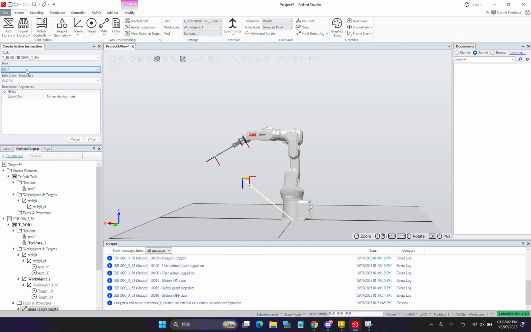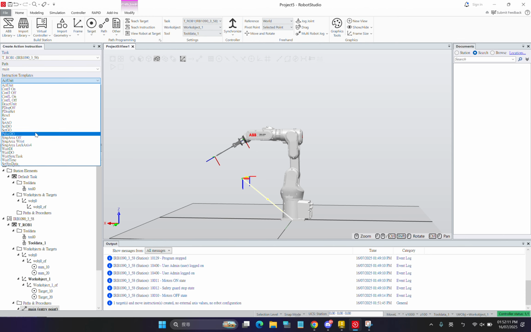You can choose the path, which function you want to add, main or a sub function, and there are many instructions you can add. I don't know everything, but I can tell you some of the functions that are most used in RAPID. The first one we most use is